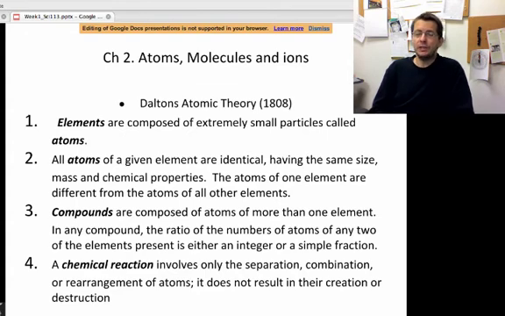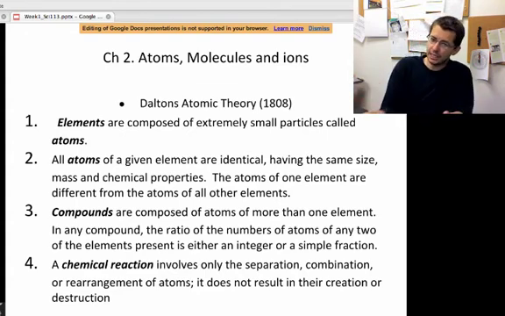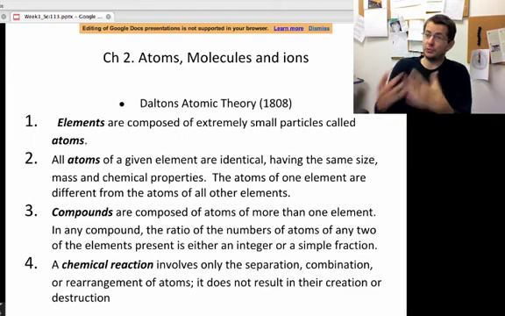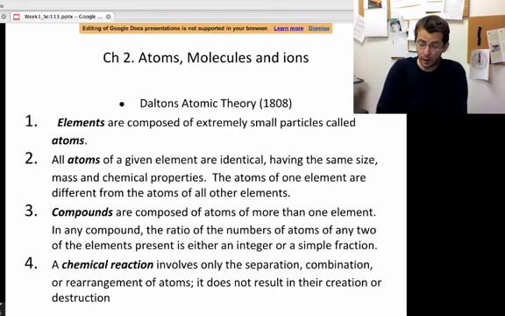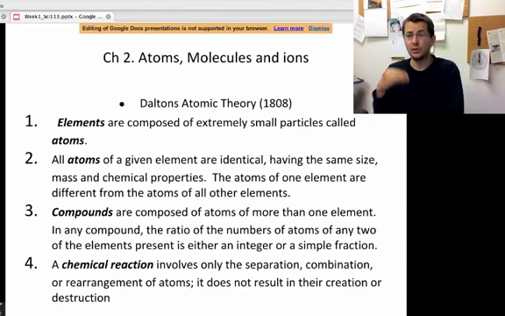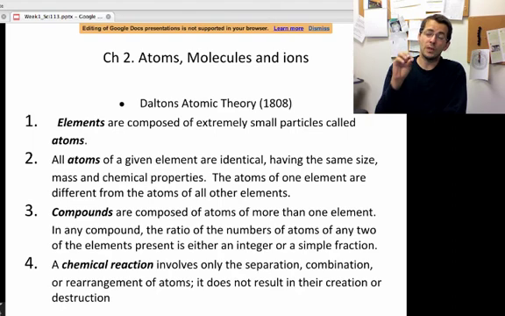And lastly, when you do a chemical reaction, the only thing that changes is a separation or combination or a rearrangement of atoms. What you start with is what you end with. There's no new creation or changing of atoms. Now, this is distinct from radiochemistry and nuclear chemistry, where there's a nuclear reaction that takes place that alters the number and type of element. This doesn't happen in chemistry. So for the most part, we're not going to talk about nuclear reactions, except when we talk a little bit about the history, which will be the next little